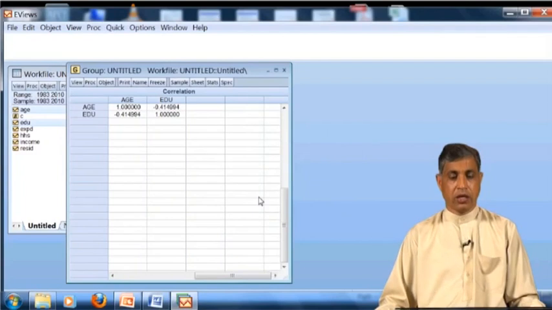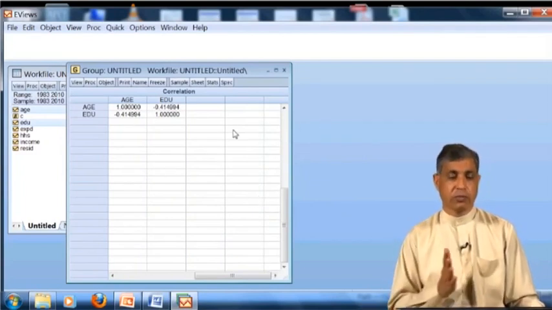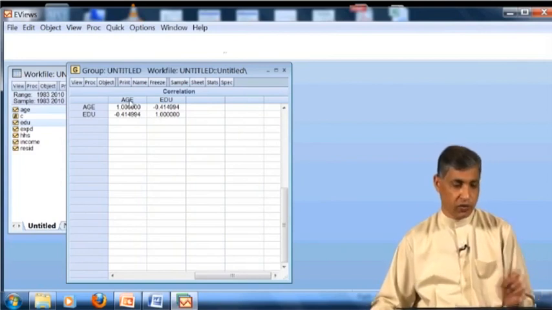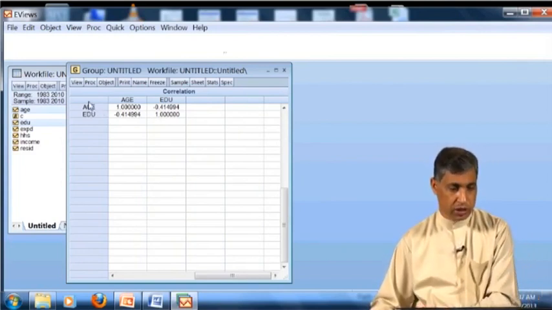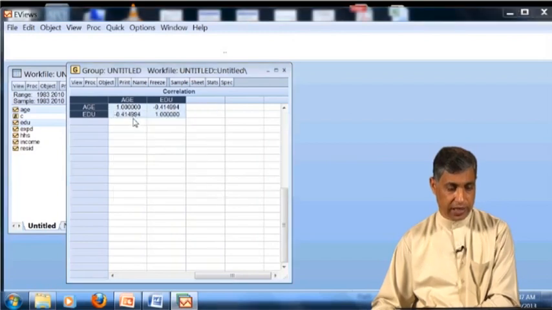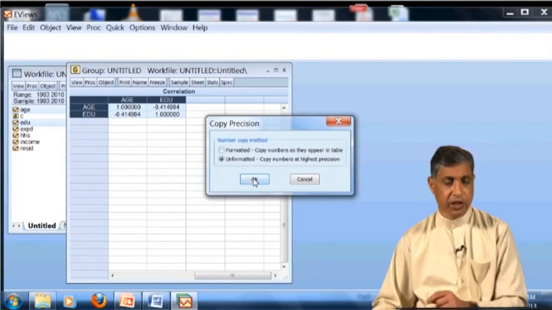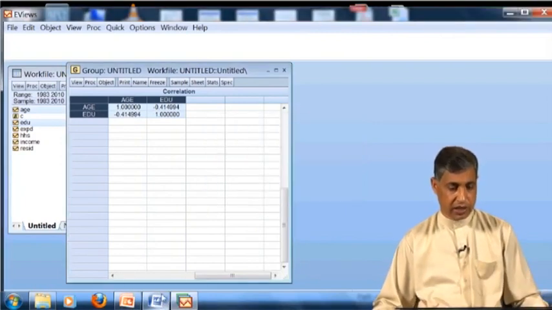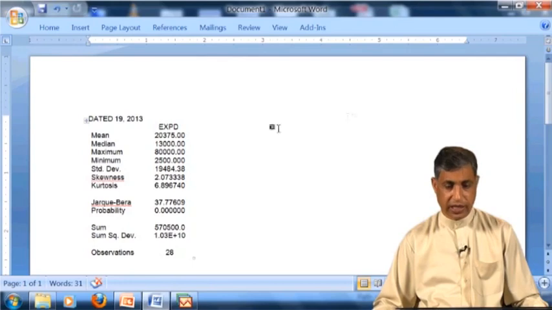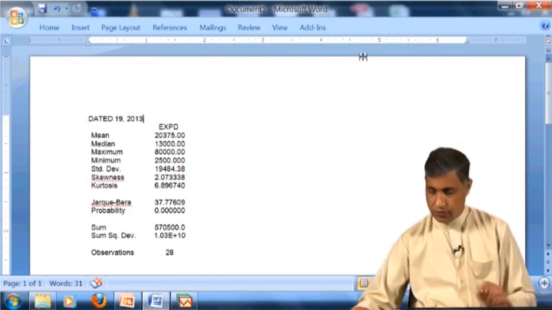Okay, so this is -0.144. Just remember it, and I would like to paste some of this. I will copy it and we will paste it, unformatted.